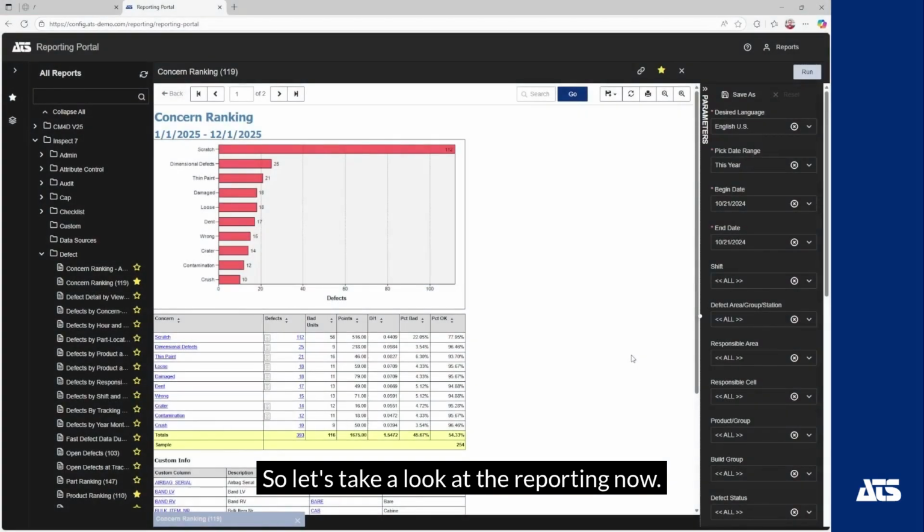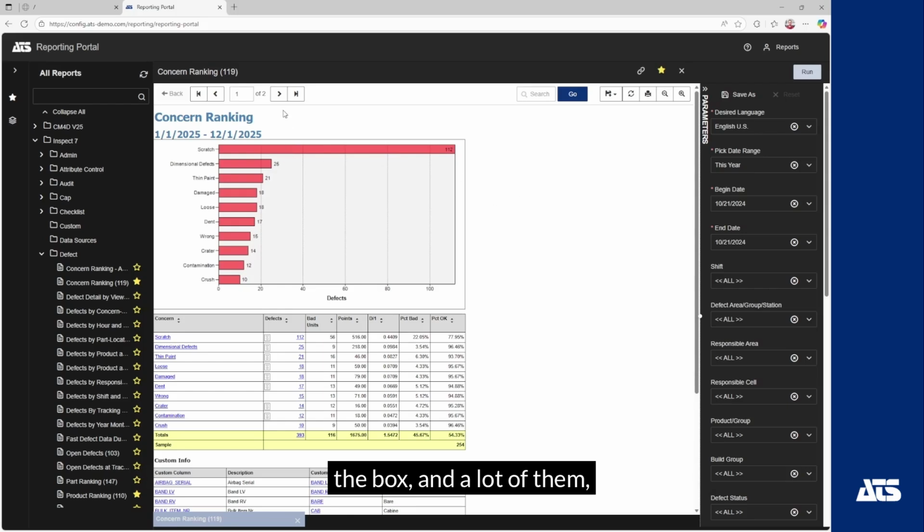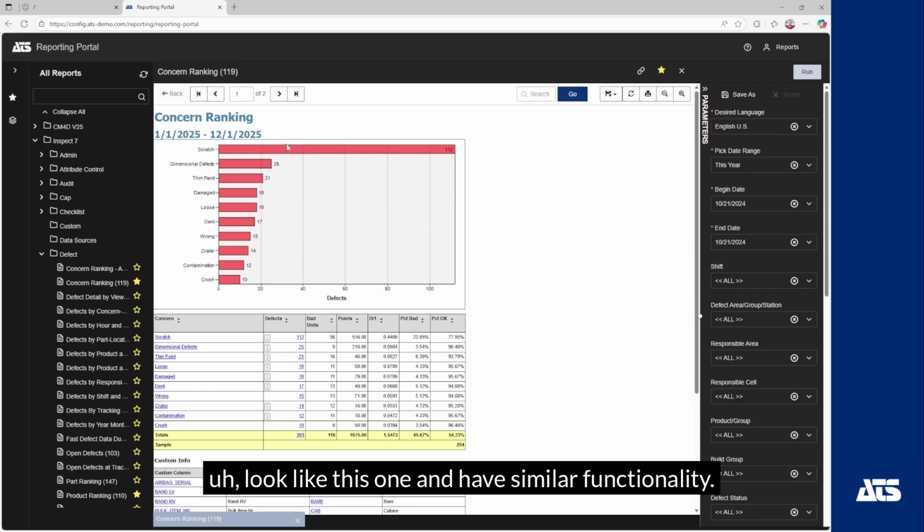So let's take a look at the reporting now. What is data without actually using it? What I have opened right now is one of the most commonly used reports. We ship about 70-75 reports with Inspect out of the box, and a lot of them look like this one